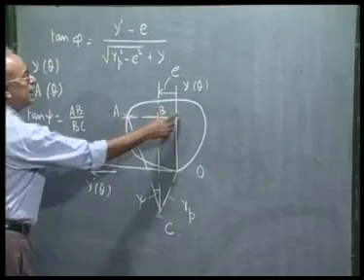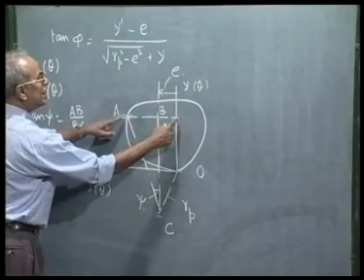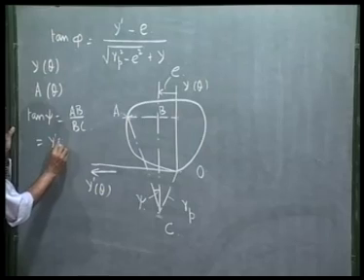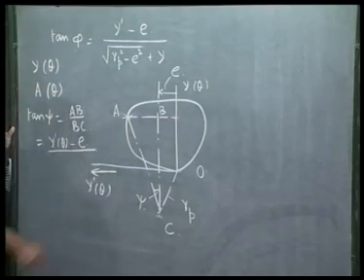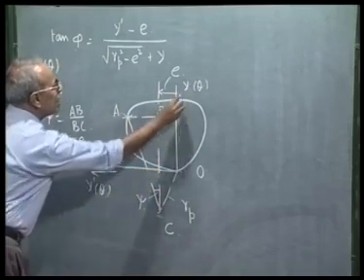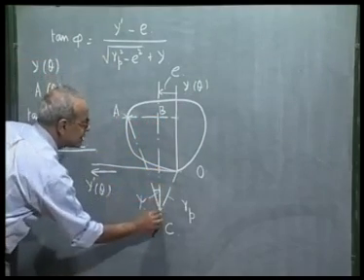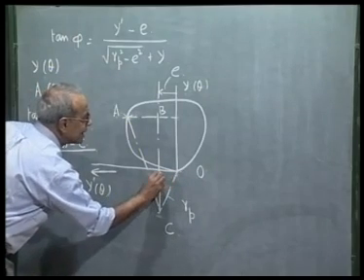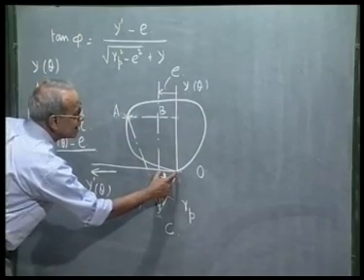And what is AB? AB is y prime theta minus E. So, y prime theta minus E. And what is BC? BC is this vertical distance, which is nothing but y corresponding to point A, that is y theta, and what is this vertical height? That is square root of Rp squared minus E squared. This is again a right angle triangle. This hypotenuse is Rp, this horizontal side is